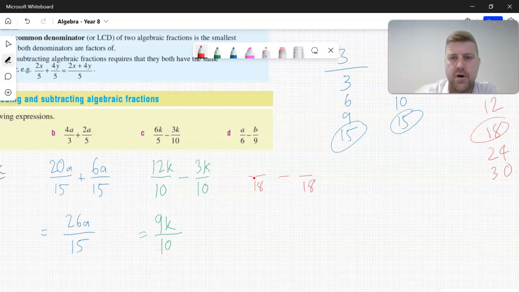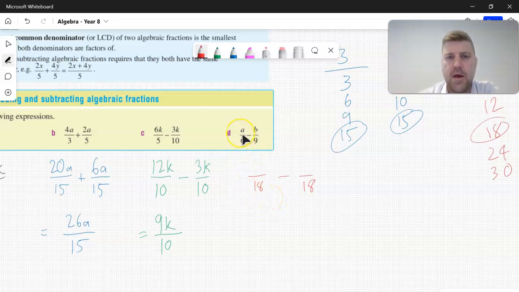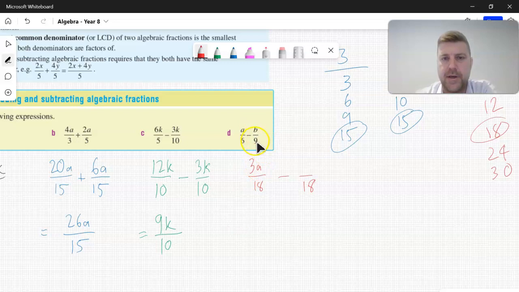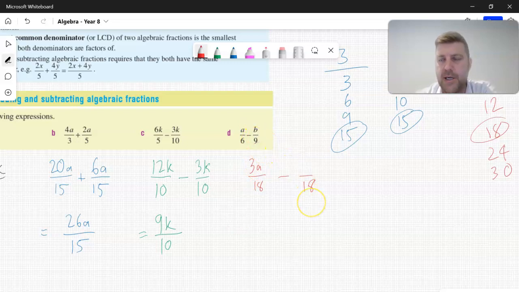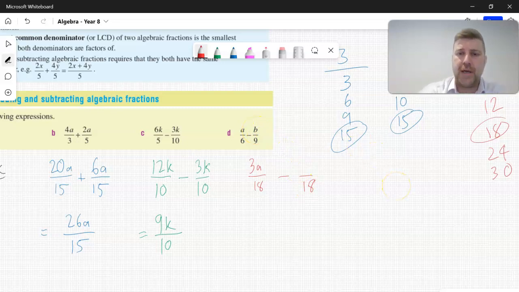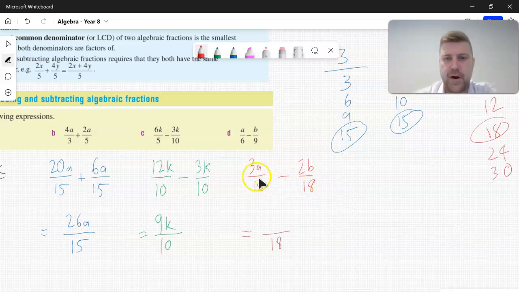Now, to go from a denominator of 6 to 18, I multiply by 3, which means I multiply my numerator by 3 also. So a times 3 is 3a. And to go from a denominator of 9 to 18, I've multiplied by 2, which means I must multiply my numerator by 2. So b times 2 is 2b. Now, I can subtract these fractions. My answer is going to have the same denominator, which is 18, and then I just work left to right,